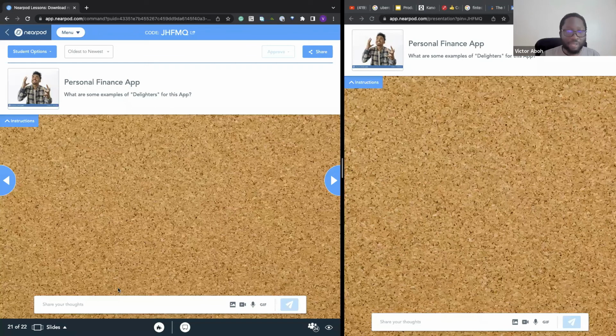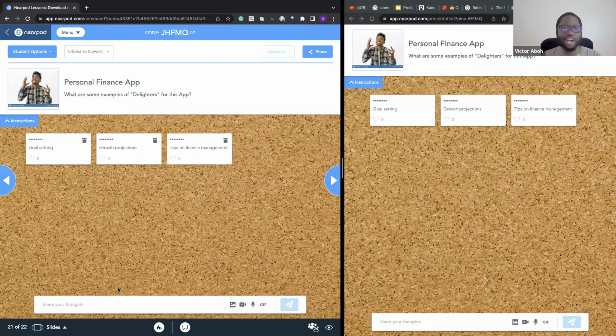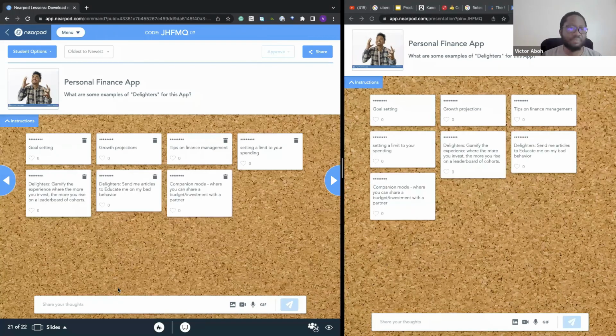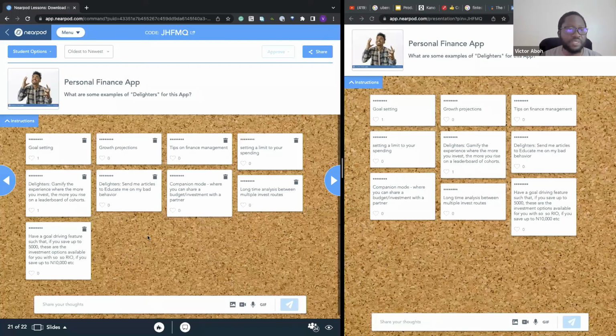Like, I think I saw one about stopping you before you spend money. Like, what if your app vibrates before you make a bad financial decision, that would be awesome, right? I love growth projections, kind of like, hey, how much will I have? Because remember, our vision is getting you to 10x, right? So if we are projecting you to that 10x, that's a great one. Yep, tips. So leaderboards, that's a great one. Gamification is a great way to drive engagement.